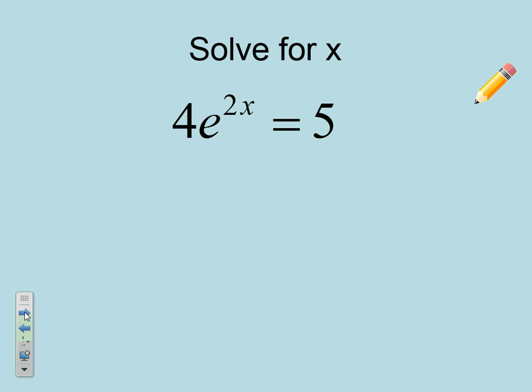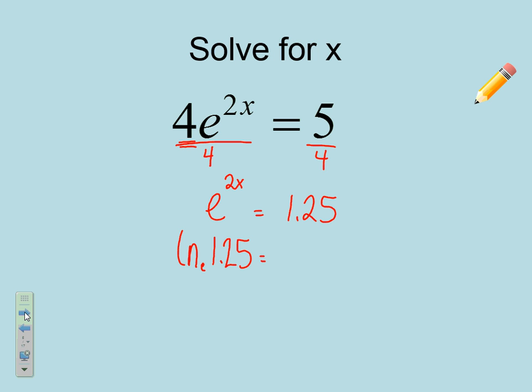Let's do another example like this. So let's work to isolate the x's. Notice that there's a 4 in front of the e. I'm going to divide that off so that I have e to the 2x power equals 5/4. You can leave it as 5/4. You can make it whatever decimal if you want to. It's fine either way. 5 divided by 4, if you choose decimal, is 1.25. And then once I've done everything that I can do, now it's time to write it into log form. For this one, writing into log form, we're going to use an ln because this has a base of e. So the natural log, which is the little base of e,